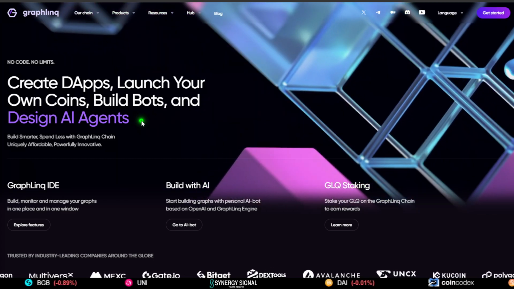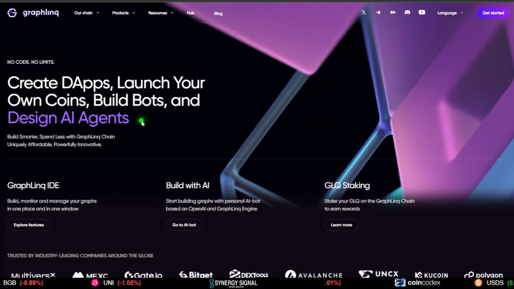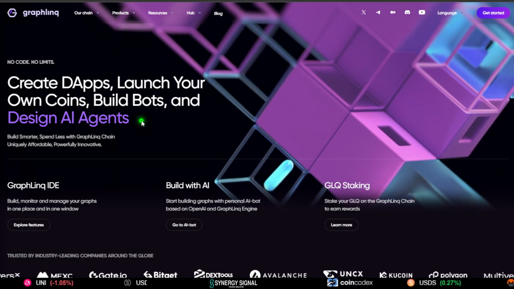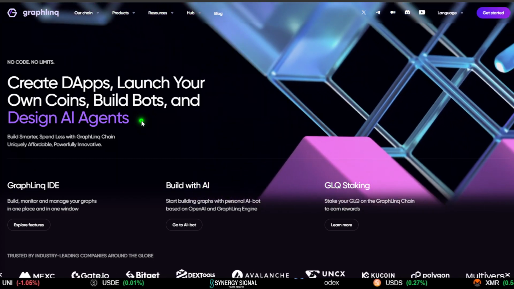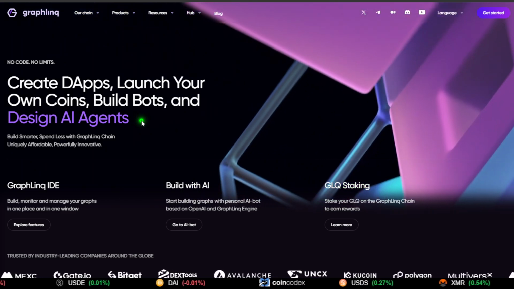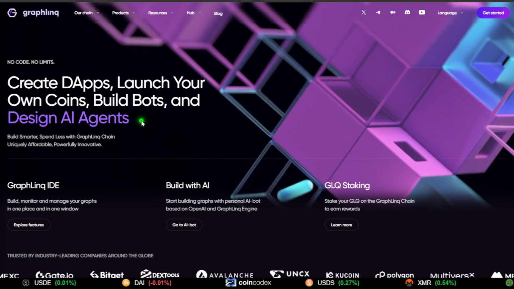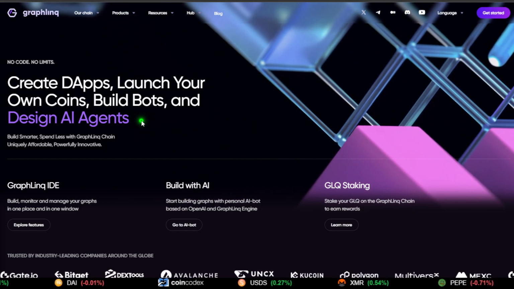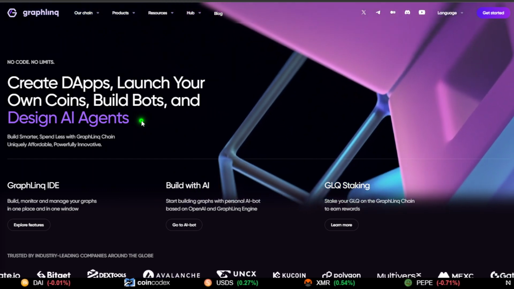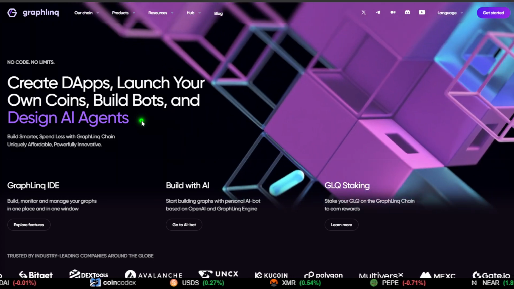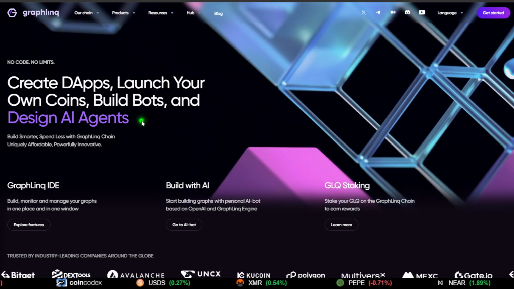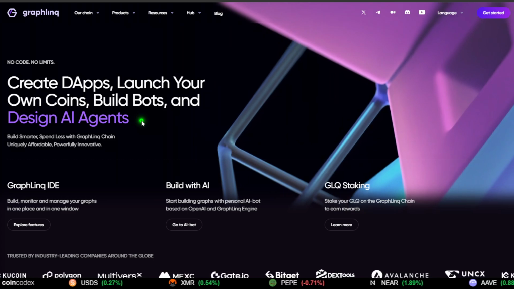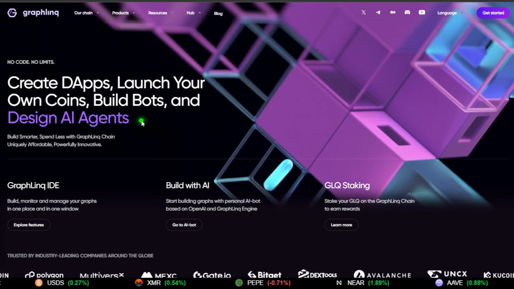So what I'm going to do is be very frank and very clear that I look at launchpads as not a great place right now. I don't say that Graphlinq is part of that, because I think its main focus, as you can see, is to provide a launchpad, but also to allow you to create and deploy your own coins. So it's almost like a one-stop shop, right? Whereas other launchpads in the agent space require that you bring in your own liquidity from another chain or another liquidity provider, or pump.fun, or whatever the case may be. And in this case, it's a one-stop shop.